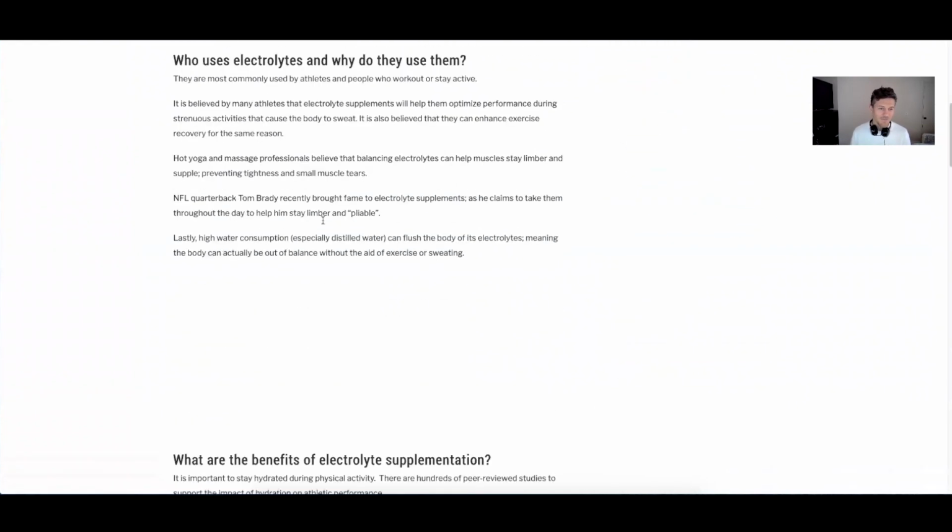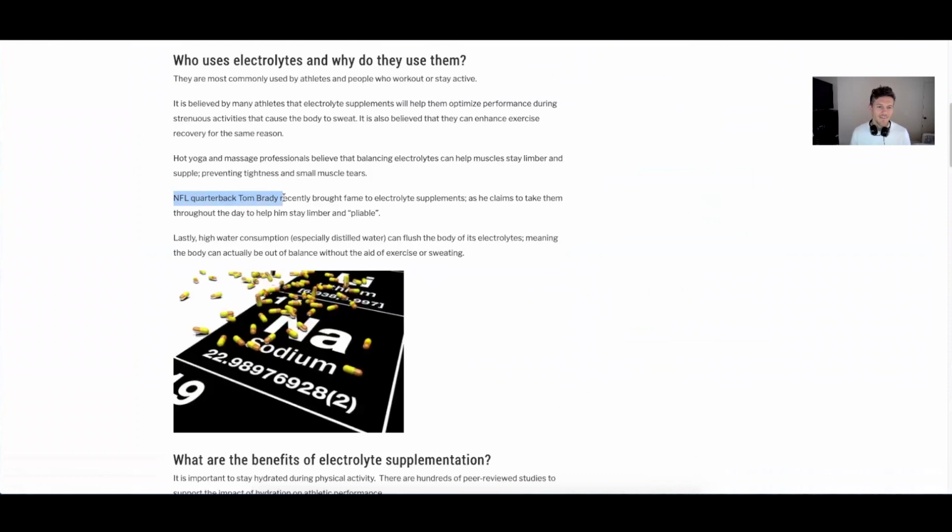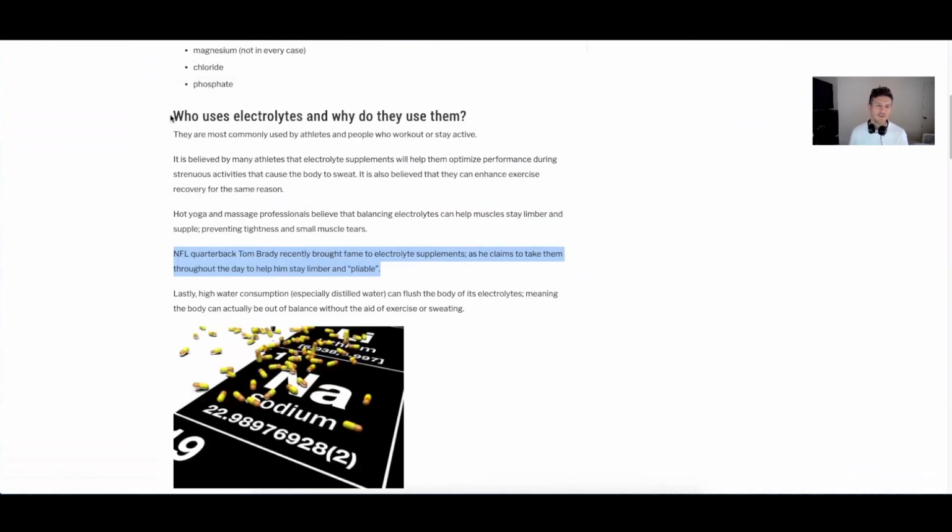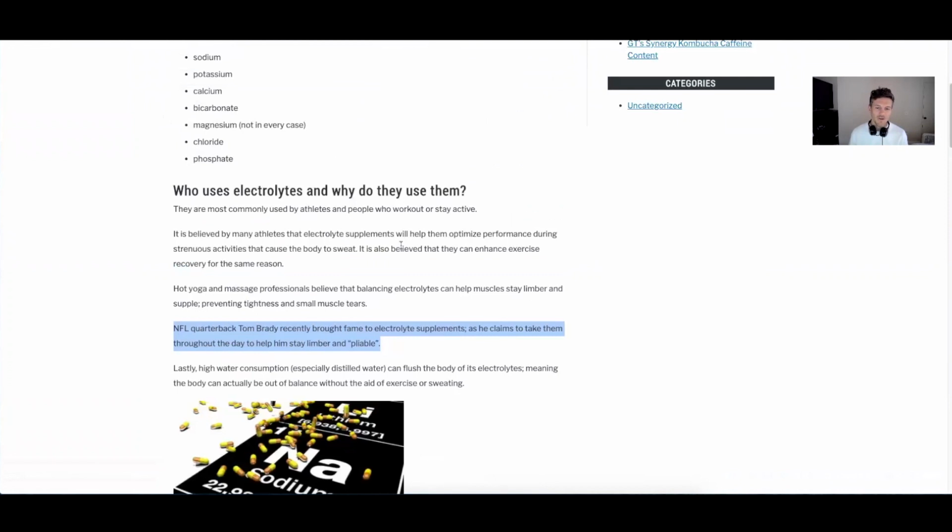And I think I referenced in here, yeah, NFL quarterback Tom Brady recently brought fame to electrolyte supplements as he claims to take them throughout the day to help him stay limber and pliable. So that's a piece of my article here, yet other than just referencing Tom Brady in a sentence, I don't really use it as a feature point of the article. So given that this is a high volume search term, I can go back in and then edit this article